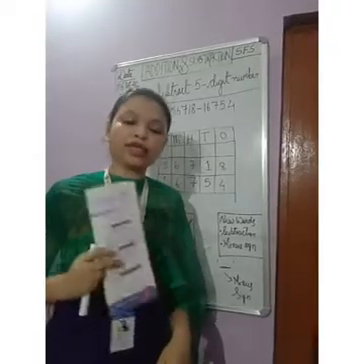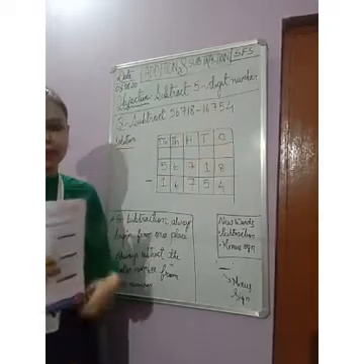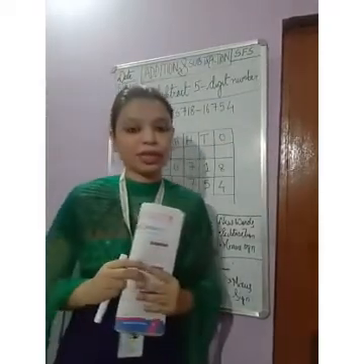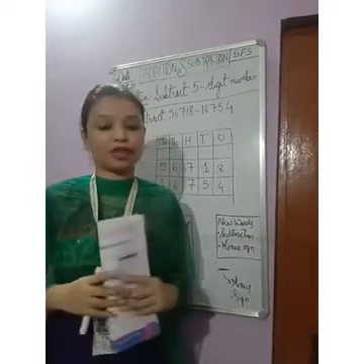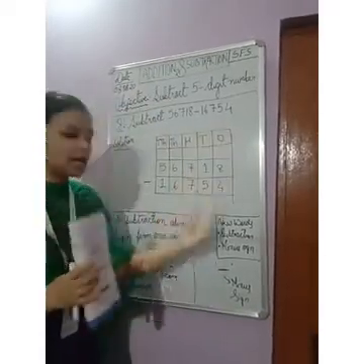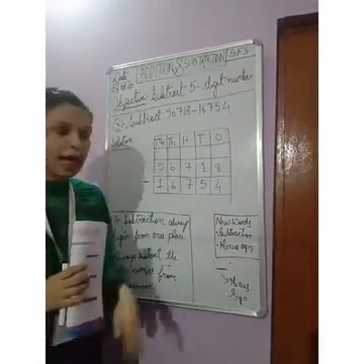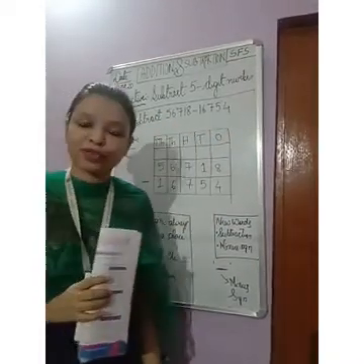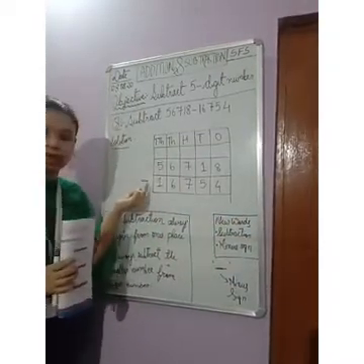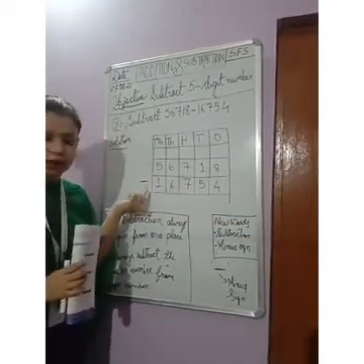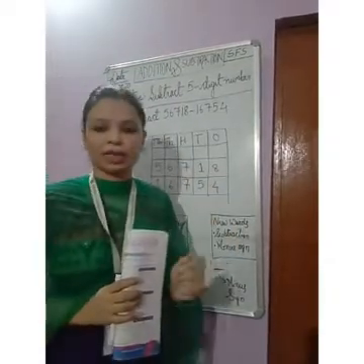Okay, now today we are going to subtract 5-digit numbers. Okay, so the 5-digit number we know how to do in addition. We have made the place value chart, we have made columns, and then we have placed the number accordingly. Okay, for subtraction we have to do the same thing, but instead of putting the addition sign, we are putting here the subtraction sign. Okay, so let us begin how to do subtraction of 5-digit numbers.